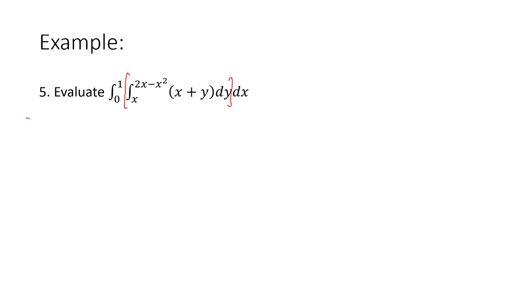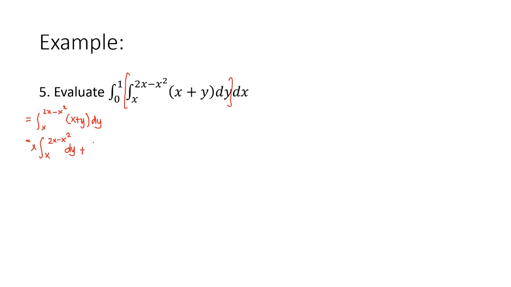So we have the integral from x to 2x minus x squared of x plus y dy. Since we are integrating in terms of y, we'll have x as constant. So since these are two terms, we can separate that. X is constant, so we can put that out. So we have x times the integral of dy